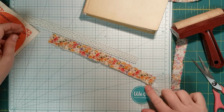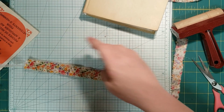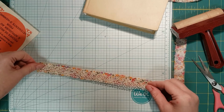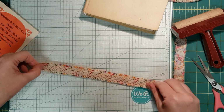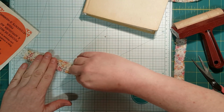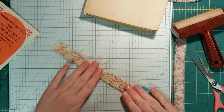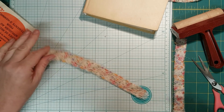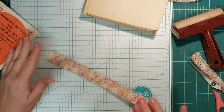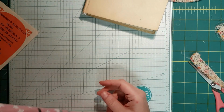I'm just going to glue this down, then set it aside before adhering it, because I want to do some stitching on it first once the glue is dry, just to make it look like I put a little effort into it. Alrighty. And this isn't stiff at all, it's very, very soft. So put you over there, put the brayer away,